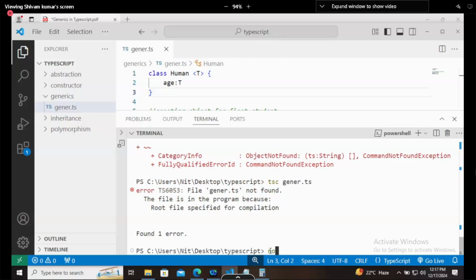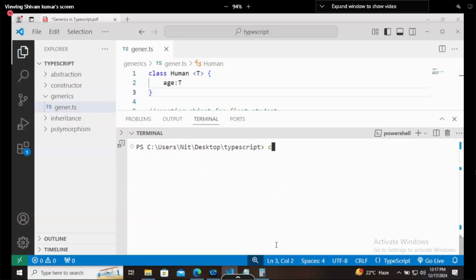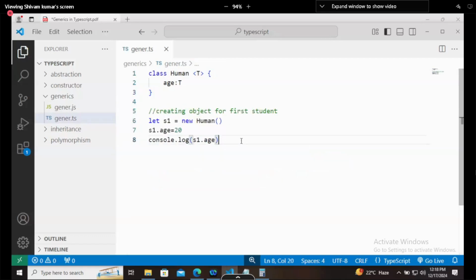It is inside the generics folder, so first we need to cd generics, then write tsc gener.ts, and then node gener.js, and it's printing 20. It's working fine.